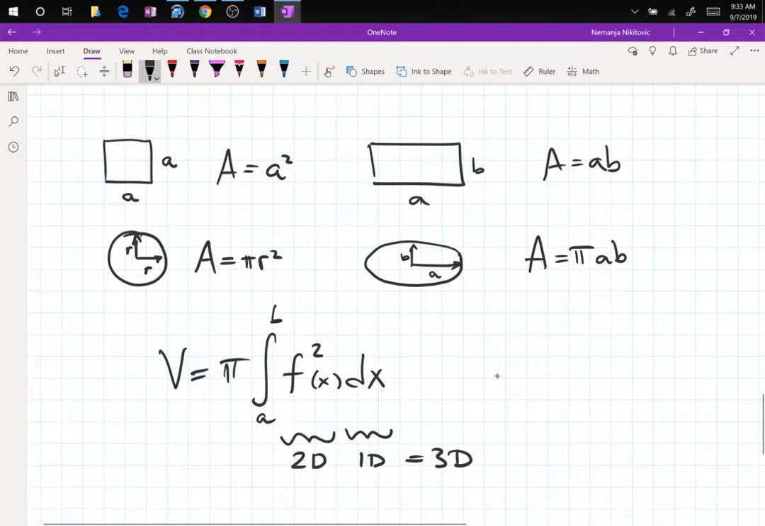Because I didn't say they're the same. I said they have the same r squared, a squared feature. The other one is times pi to round it off. So observe that